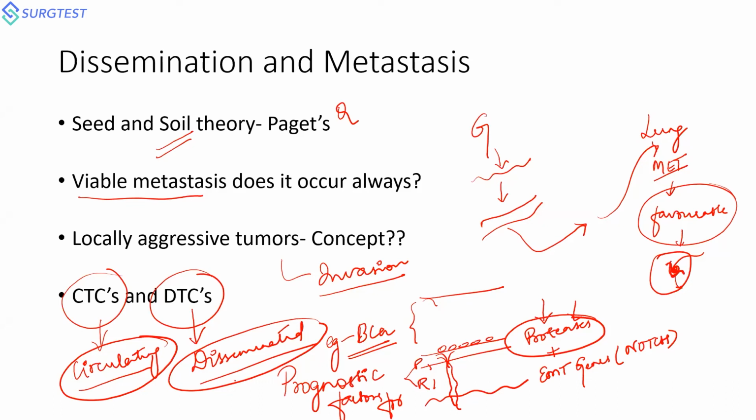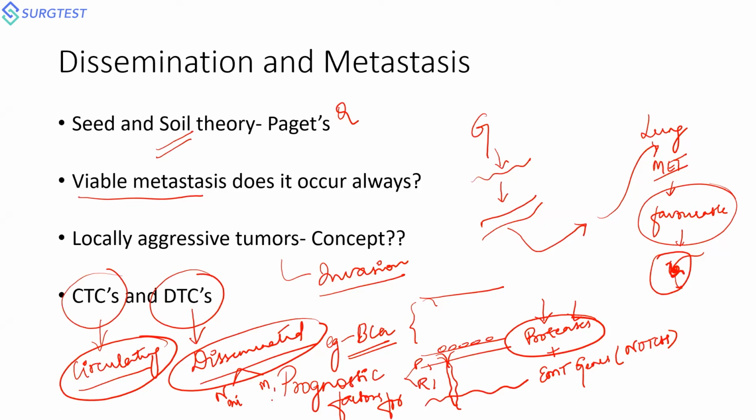If the same is found within a node, then it is called microinvasive, NMI. If they are present in a bone from a breast cancer, then it is called M1. So there's a difference. It does not mean your circulating cells and your disseminated cells are the same. There's a lot of difference between the two. Circulating cells, by nature, will just be moving around in your bloodstream. They are poor prognostic factors.